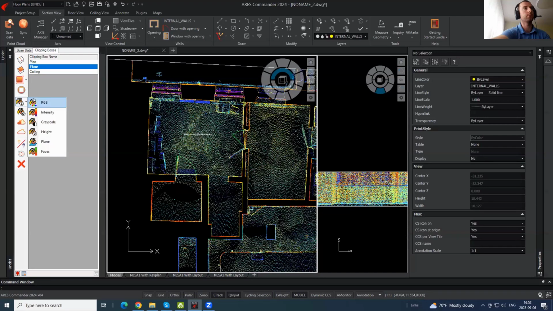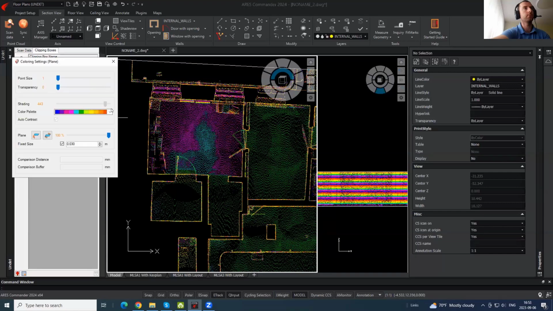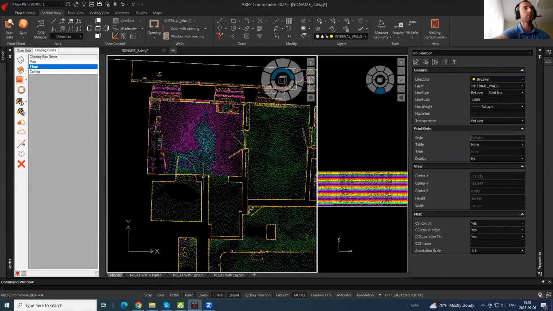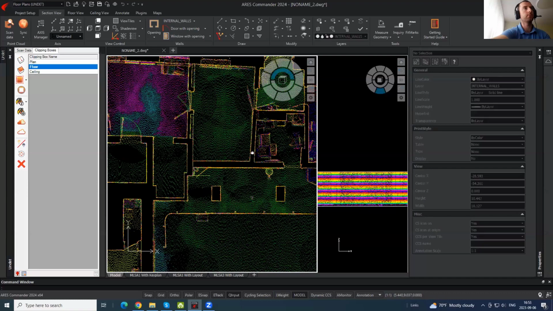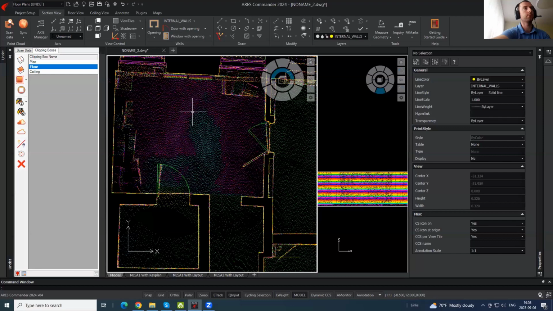From that coloring, we don't see any differences in height, but when we put on plane, coloring by plane, we see different colors. So you can switch to any palette you like. You can choose any distance you like to see. 2 centimeters difference in colors, 3 I think is enough. And you see those room floors are on the same level, this lower or higher, we will see later. So